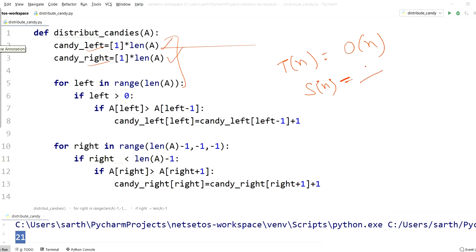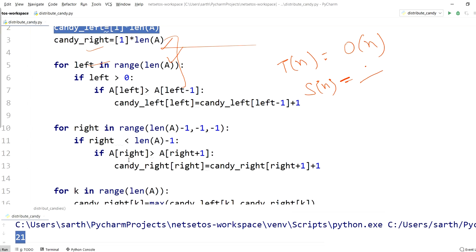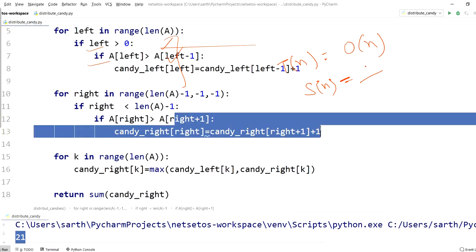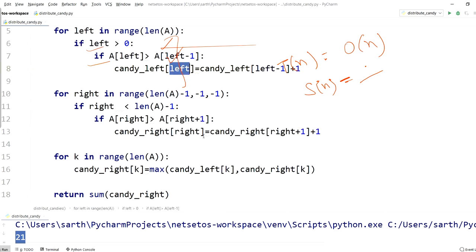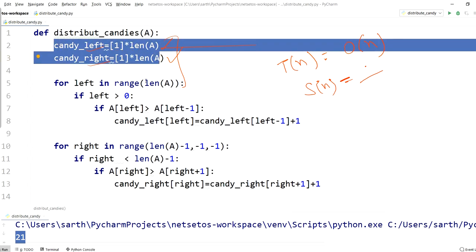You can go for your own solution where you make just one array, iterate for left, and there itself calculate the max as compared to left and right. So as to make you understand in an easy way, that's why I have used two separate arrays for left and right. You can choose whichever way you like. So this is all about distribute candies. Hope you like this solution.